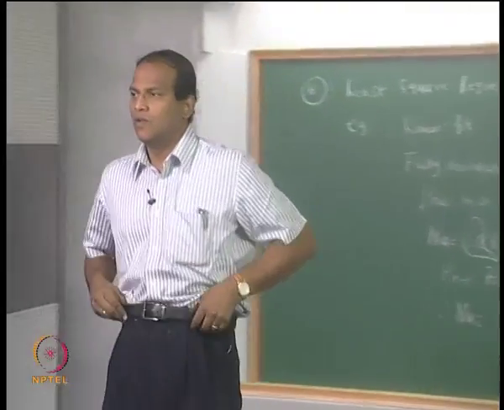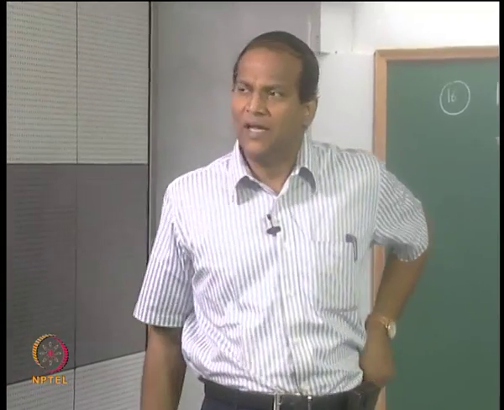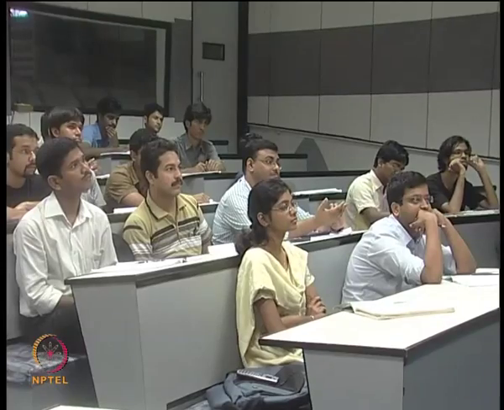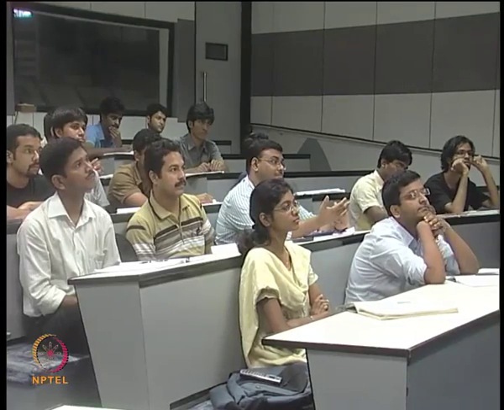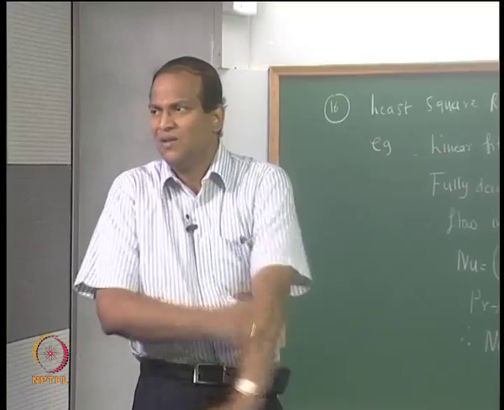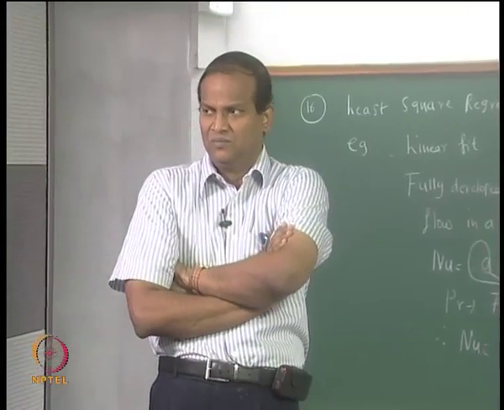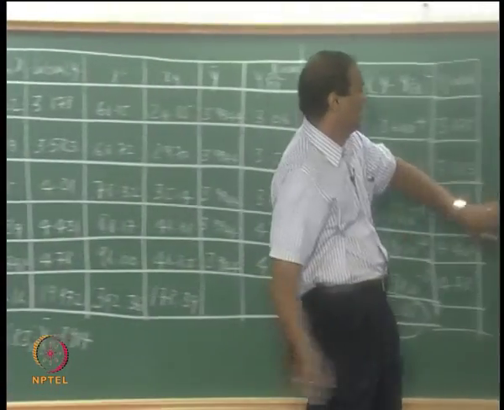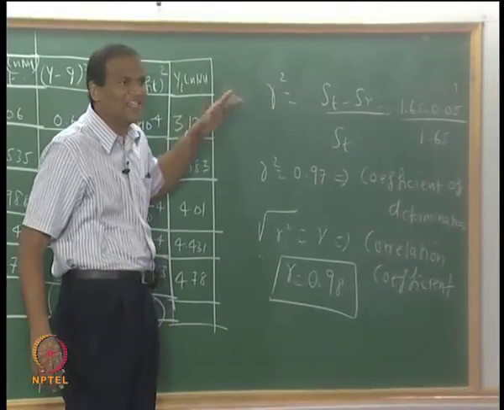Get plus or minus 0.98. Yeah. So that plus or minus could be, some books will call minus 1 is also all right. That is, when x is increasing, y is decreasing. It is basically like that. That is 2 times 0.98. Here we say that 97% of the variance in the data is explained by this